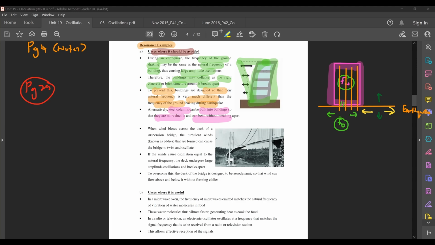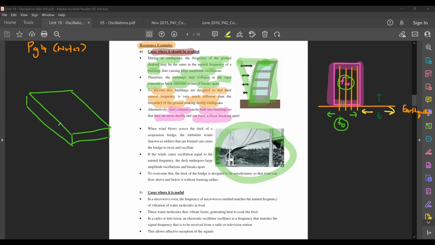Now, another example where resonance should be avoided is when you're designing a bridge. If you look at the suspension bridge right over here, a simple diagram of it could look like this. Let's assume that it has a rectangular cross-sectional area like this. This one is your suspension bridge. Because it's suspended over a lake or some sort of river, it will be subjected to wind. So say, for example, you have a wind that's blowing right across like this. But because your bridge has a rectangular cross-sectional area like this,